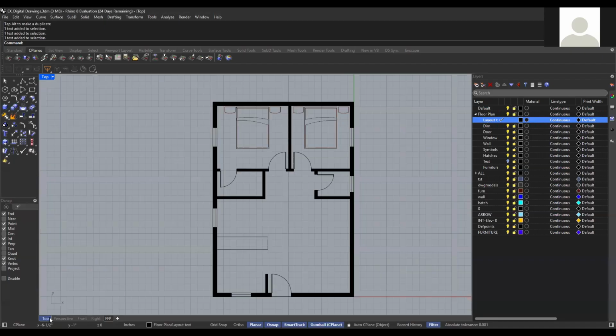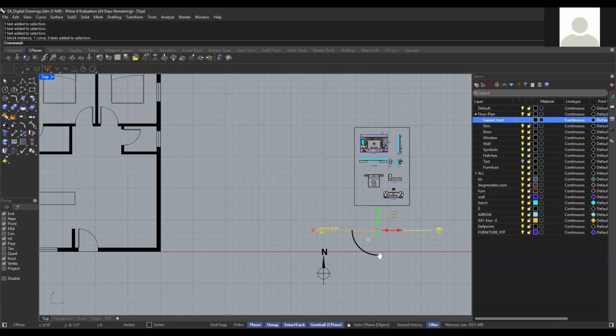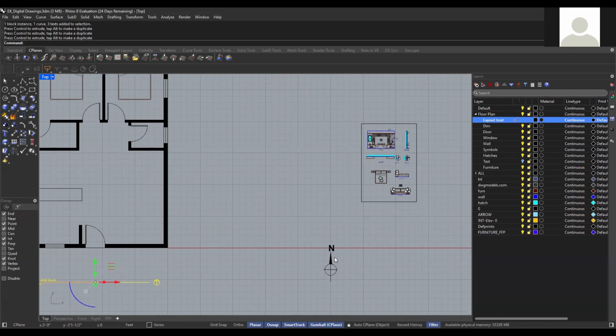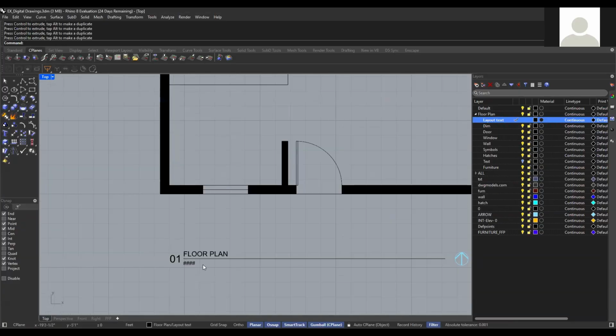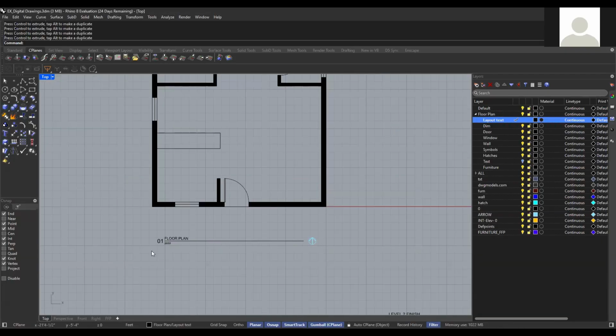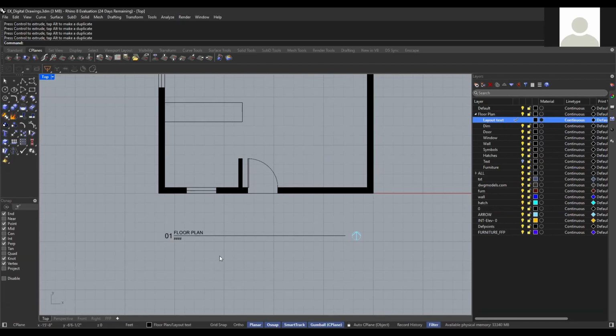If we go back to the top view, here I wanted to show you how to label your drawings. This is a first floor plan, right? I'm just going to show something like this, and it depends on you guys. You can find other symbols for presenting drawings, floor plan, section, elevation, but usually the standard is having